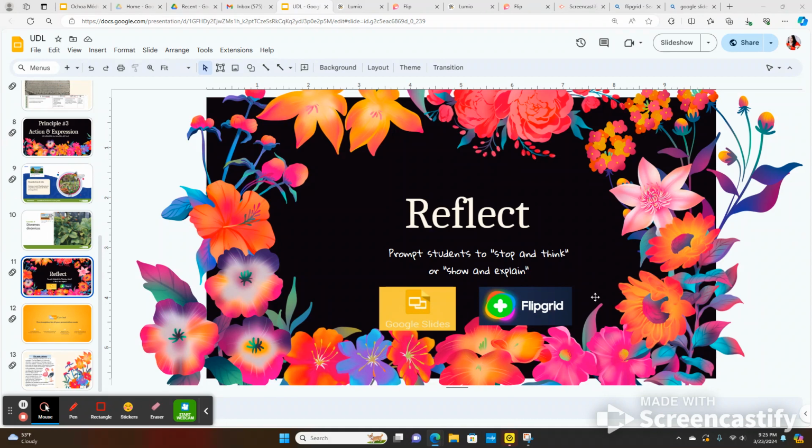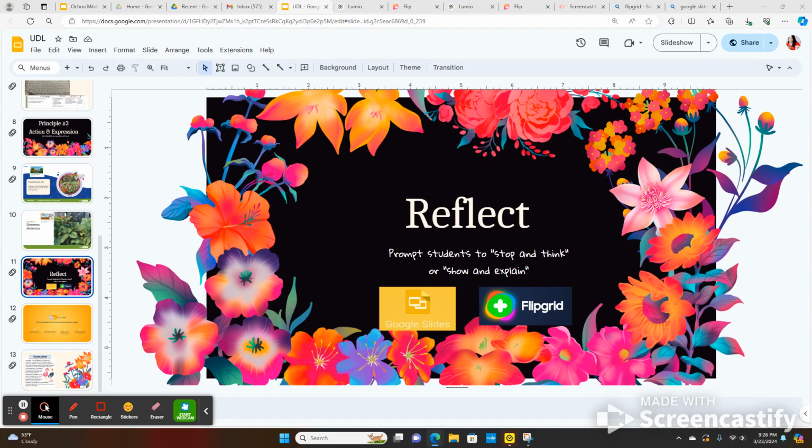that's related to their topic, which is plants at this time, or they have an option to show and explain their work on Flipgrid. So they could actually show, if they created a diorama or they drew a picture, they could show that on Flipgrid while they're discussing it in the video. The scholars have learned how to use Flipgrid. So that would be a great way to show their end result or whatever they stopped and thought about, reflect,